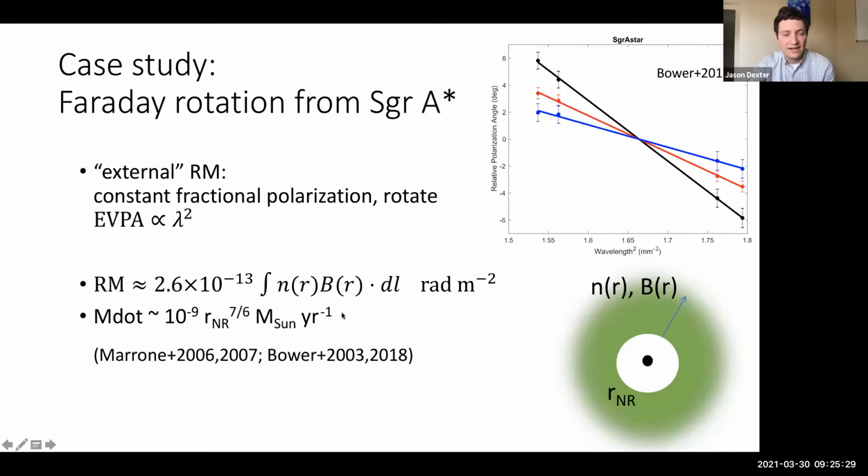And so here, one particular solution for that is shown, from some inner radius where you're assuming the electrons become cold, basically. But this will give you a range. This was used to derive a range of 10 to the minus 9 to 10 to the minus 7 solar masses per year for the accretion rate onto the black hole in the galactic center, which is very interesting because that's significantly lower than what's available at the Bondi radius on much larger scales. This is a really important result in accretion theory that we can get from Faraday rotation studies.